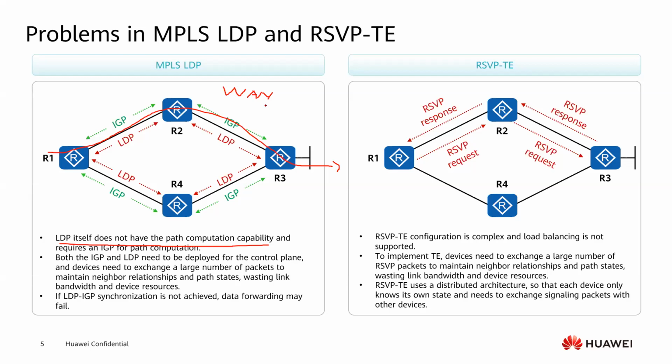Secondly, both IGP and LDP need to be deployed for the control plane, which means if something happens, for example,